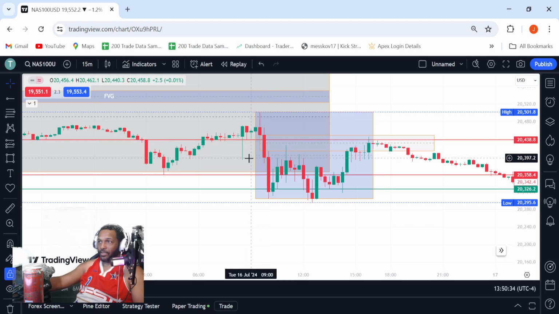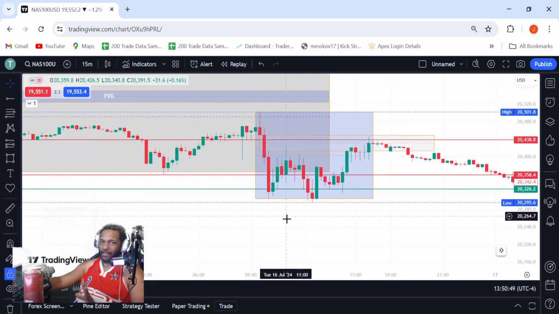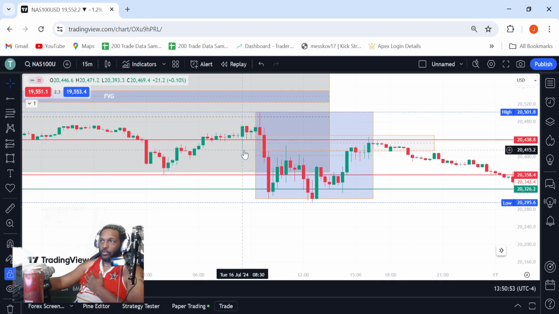There's not really a candle closure below this low. If you wanted to consider that a low, you could. Technically, it would be. This is a low. This candle clearly took that out. So you could say this one, it doesn't matter. It's a matter of preference. But for argument's sake, we're considering this one because